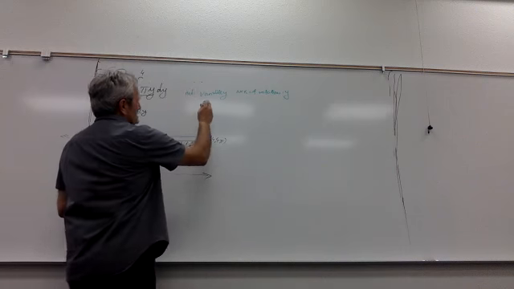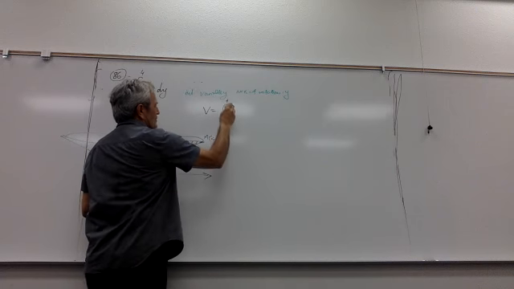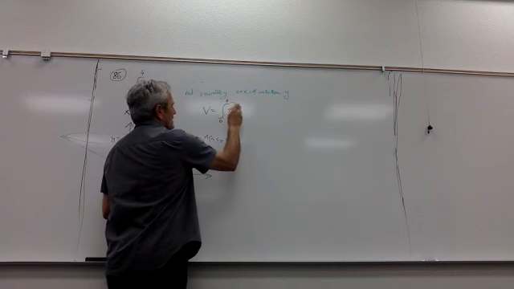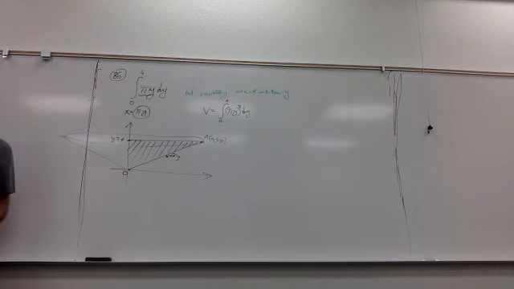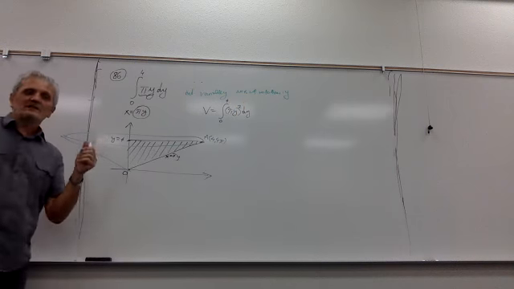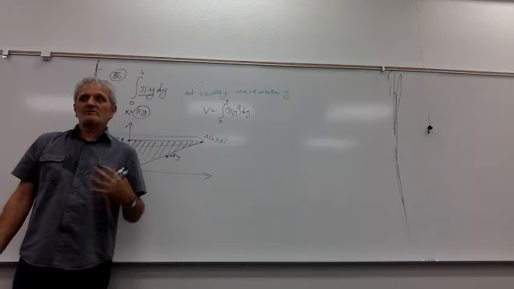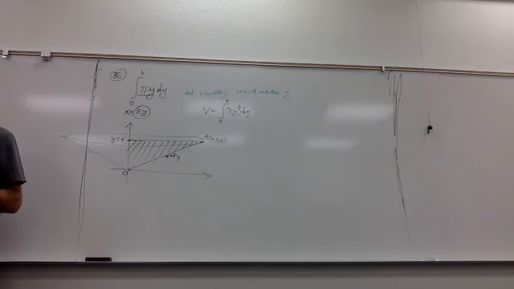So the formula says V equals the integral between 0 and 4. You take your function, x equals pi y, you square it, dy, that's it. That's the same as what I did in the lecture. The only difference is I did it for the vertical region, where everything is in terms of x. Here, everything is in terms of y. So they just switched their roles.